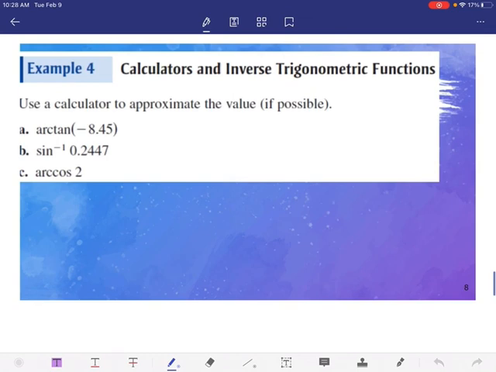And it's going to give me -83.251 degrees. So make sure that you're following those steps and can get that same answer. For my sine inverse, I'm going to do the same thing. I'm going to type in second, then sine. I'm going to type in 0.2447 and click enter. This time, I get